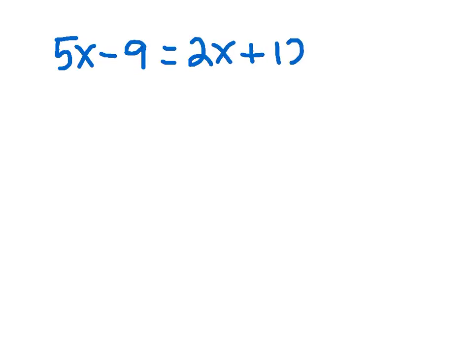Okay, on to some more. How about the equation 5x minus 9 is equal to 2x plus 12. Notice on this one, now I've got variables on both sides and numbers on both sides. Personally, you can go either way. You can bring your variables to one side and your constants to the other. I like to do it so that my variables end up with a positive coefficient. In this problem, that means I would